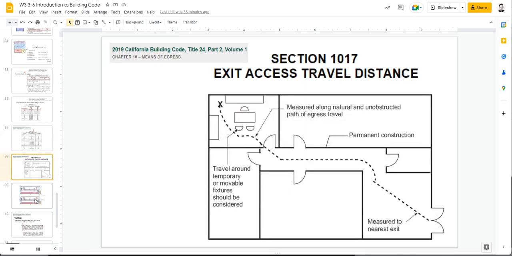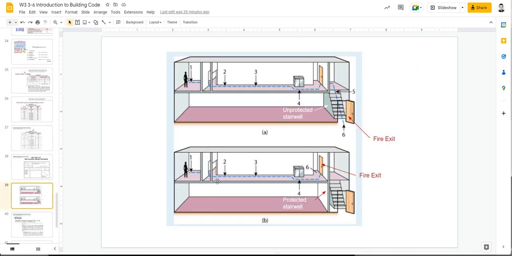Okay, so what if you have 2 floors? Well, if you have 2 floors, same concept. Start from the farthest corner and then go around any fixture or furniture. The exit is going to be considered down below if you go through a stairwell that is unprotected. But if you have a building and you design the stairwell to be a protected stairwell, a fire exit stairwell,